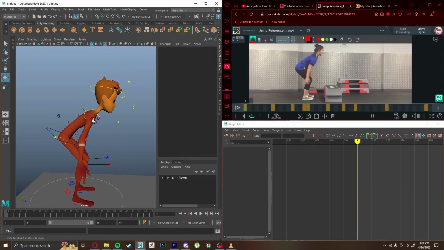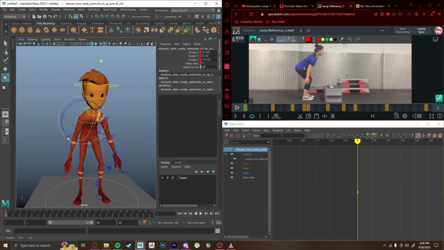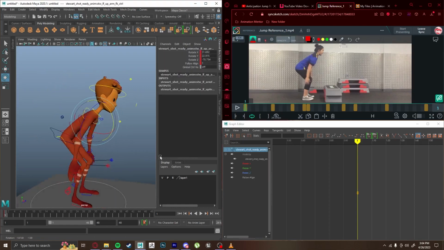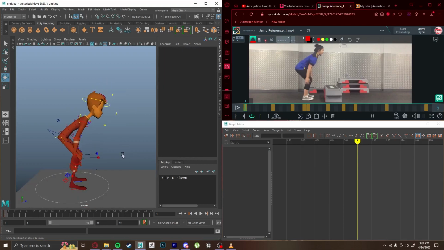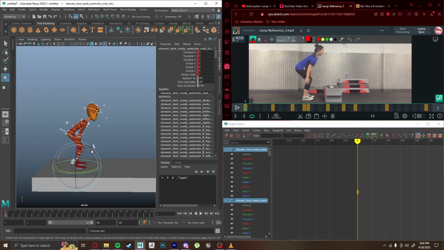And let's bring this back a little bit more, and this back a little bit more. And I think now we have our first frame. And yeah, I would say that looks pretty close to the original one. So I'm going to go ahead and select all of the keys, press S,